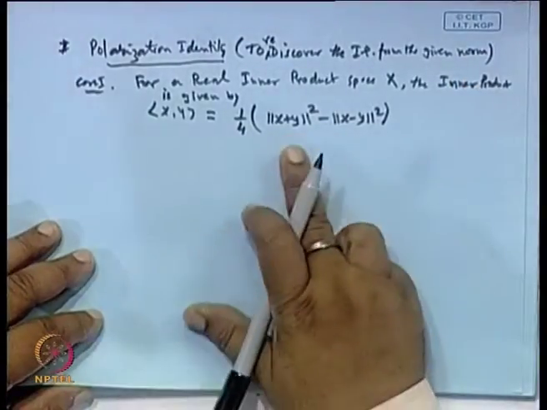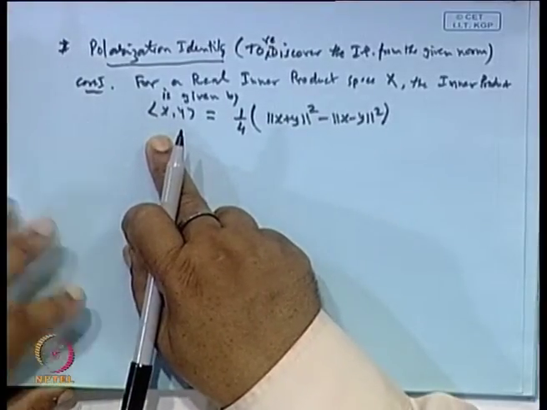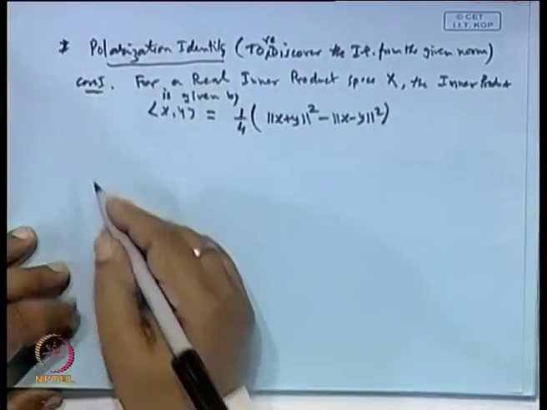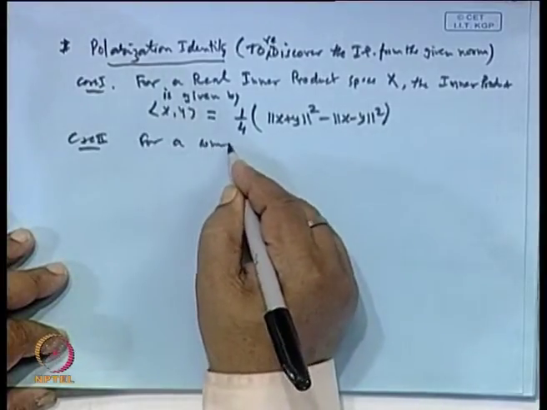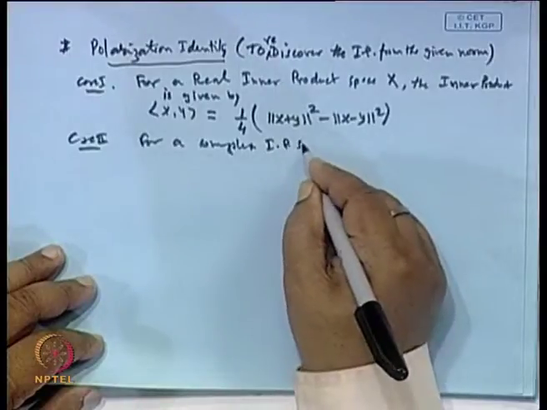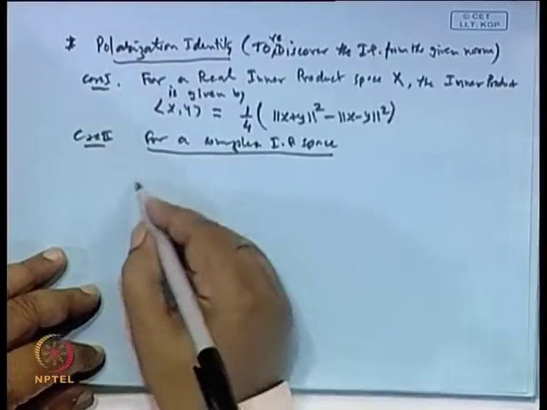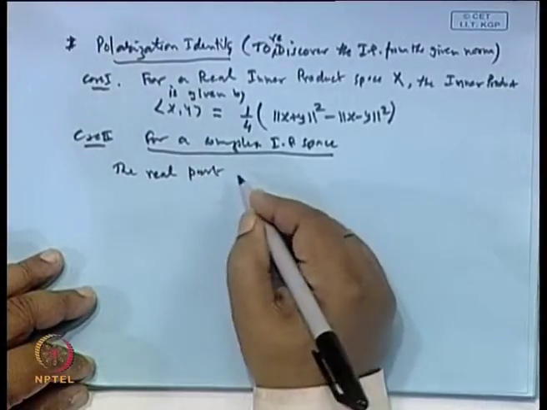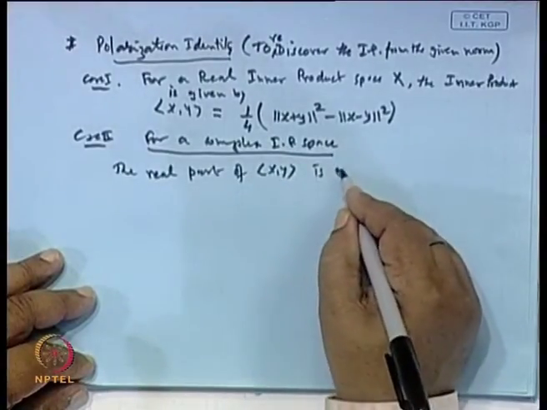Clear? So, these norms are known, we can find out the inner product ⟨x, y⟩, where it is known that this space is a real space. And if the space is complex, for a complex inner product space, the real part of the inner product ⟨x, y⟩ is given as